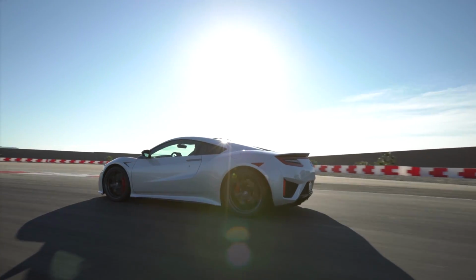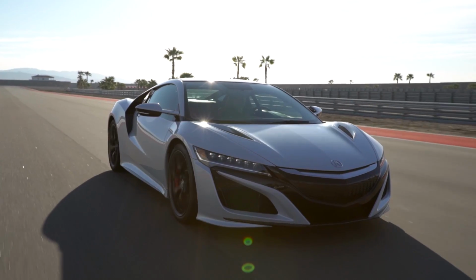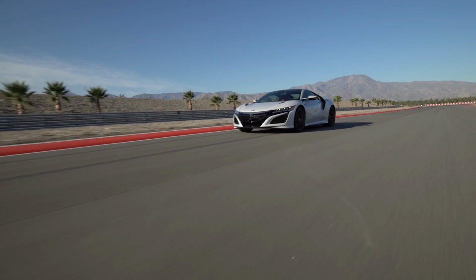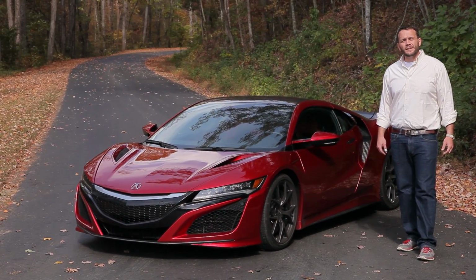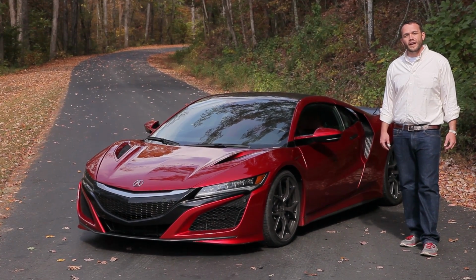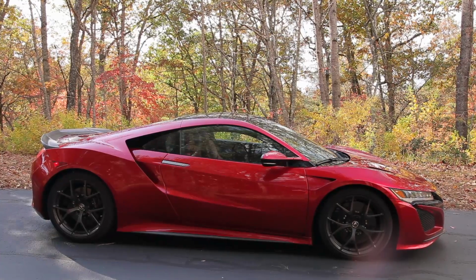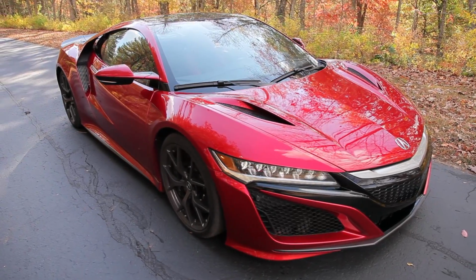Now, after what feels like a lifetime of waiting, we finally have a new Acura NSX. And it's a car that looks way into the future to recharge a nameplate today. Hi, I'm not Nostradamus. I'm Aaron Cole, but we are gonna look into that future and we're gonna talk about the new Acura NSX. Fully 4 years in the making, the new Acura NSX finally arrived to owners' patient hands